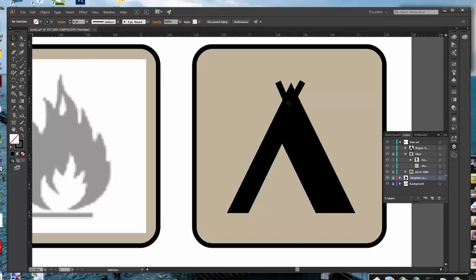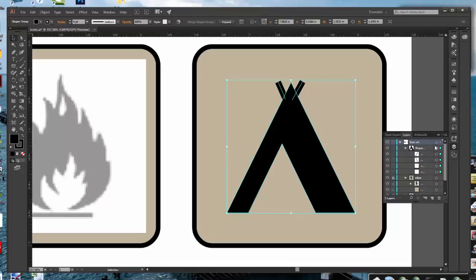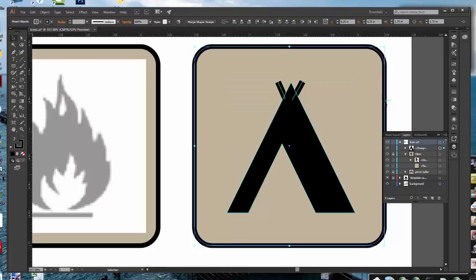Okay, so let's go pick up this unit, and you can see you have the shaper, everything in there. So let's take that and let's make a group. Okay, now unlock the background, pick up the background rectangle, group that,